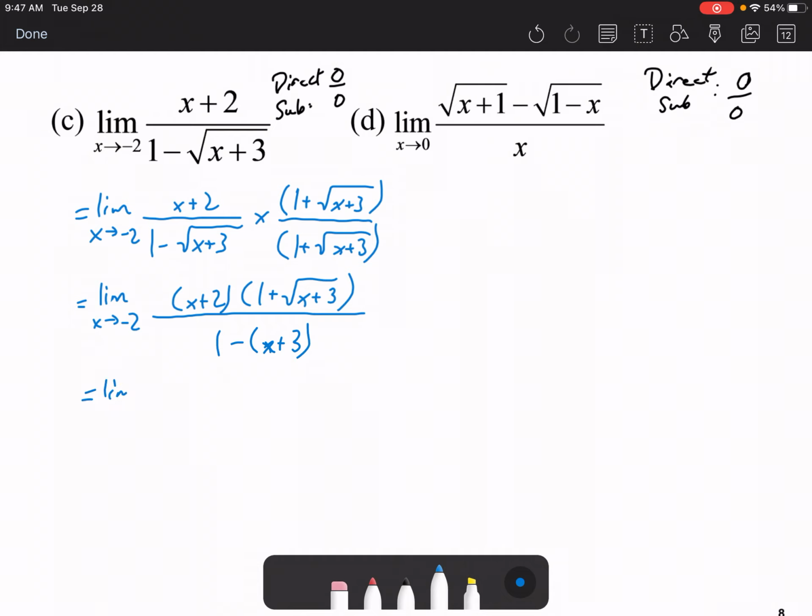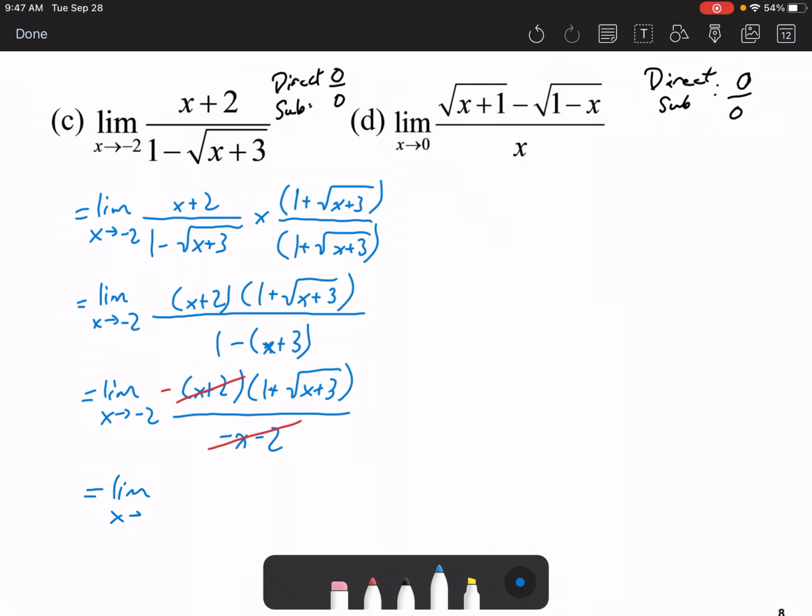So continuing to expand, you get negative x minus 2 in the denominator, which you can cancel out with part of the numerator just by getting rid of a negative. So cancel those out, put a negative in there,